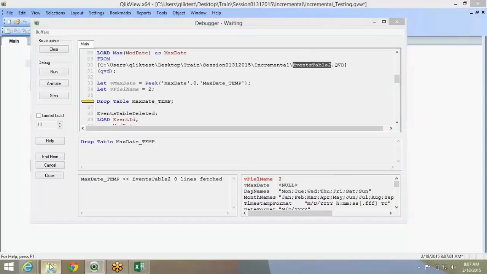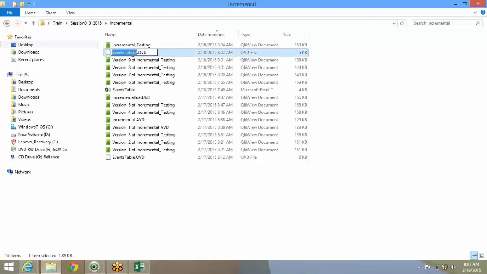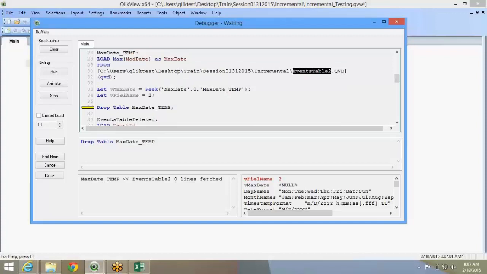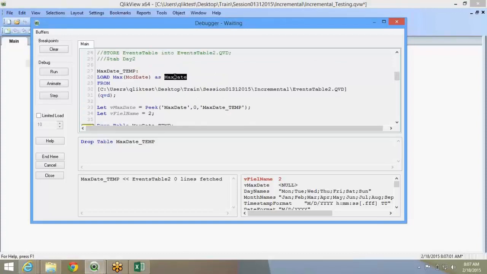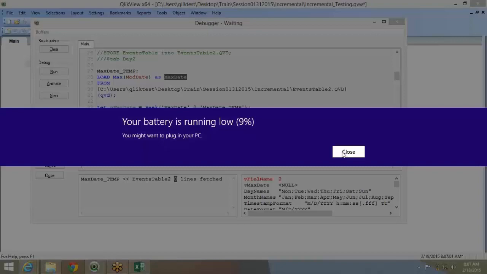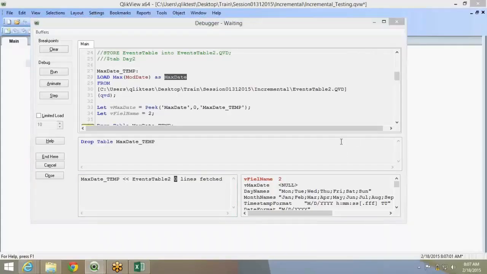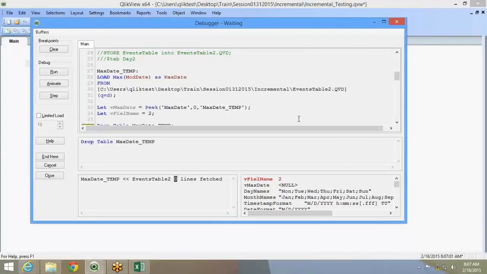I think that QVD is mod of max date. So events table 2 is being fetched with 0 lines. Okay, when it's the same file, it's strange, why is it not?